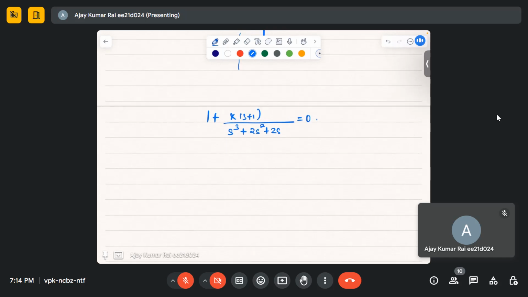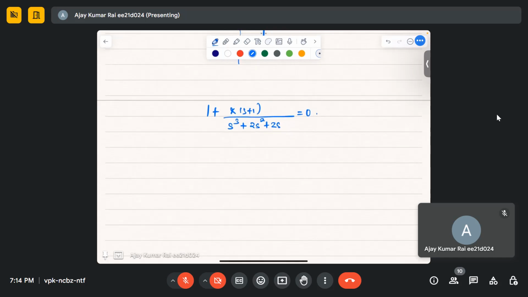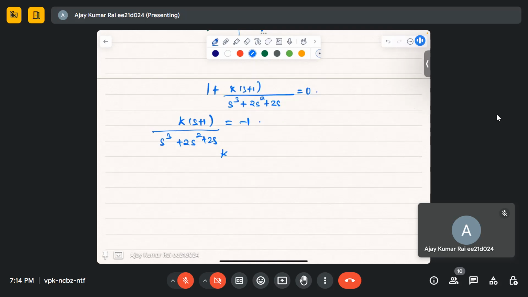Just try to get the equation in terms of s. Okay, so I'm just doing proper manipulation. So it will be -1, right? So K is equal to minus